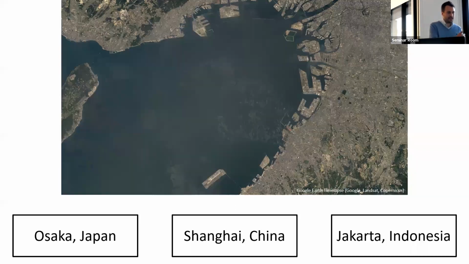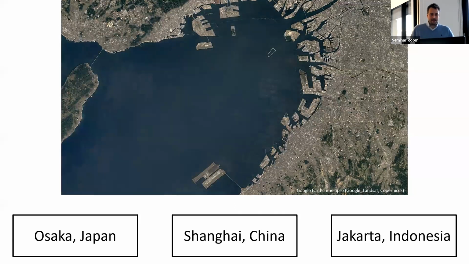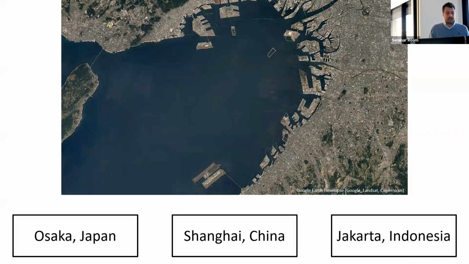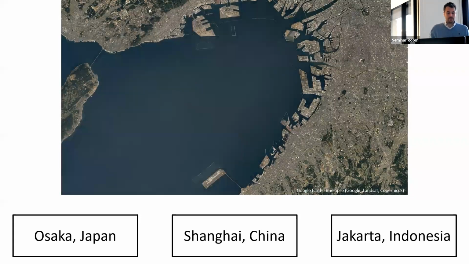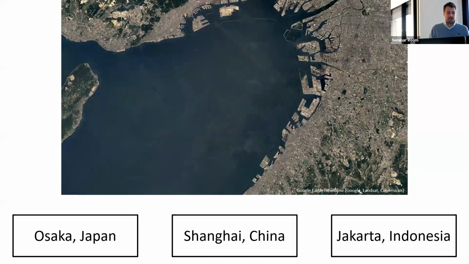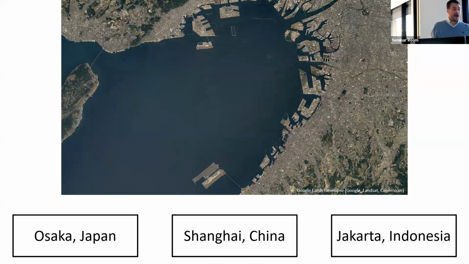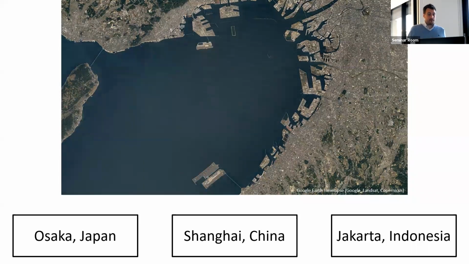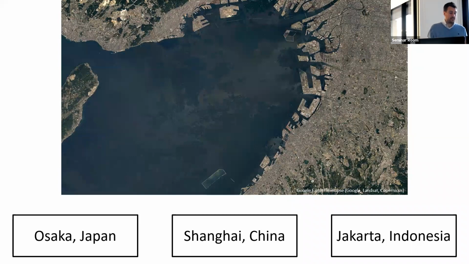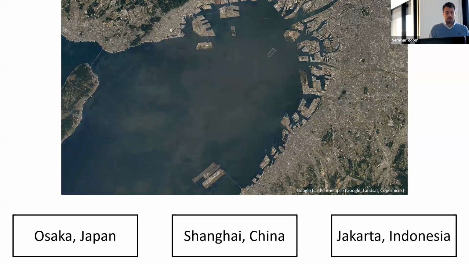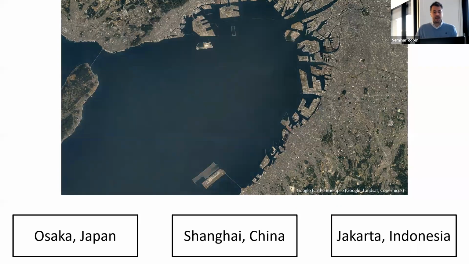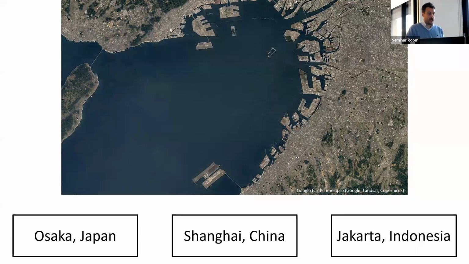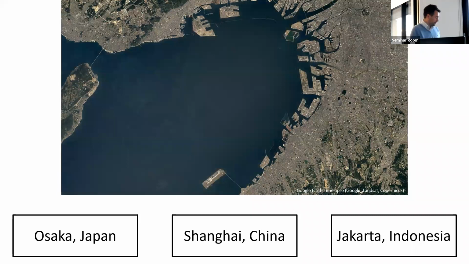Well, fantastic. Yeah, this is Osaka in Japan. And what you can see within this area is that there's been high levels of land reclamation that's likely to have had a large impact on the coastal zone. And you can see that actually probably a lot of this happened even before this time series available. So, this area is a highly, highly developed location that's lost probably quite a lot of its coastal ecosystems.